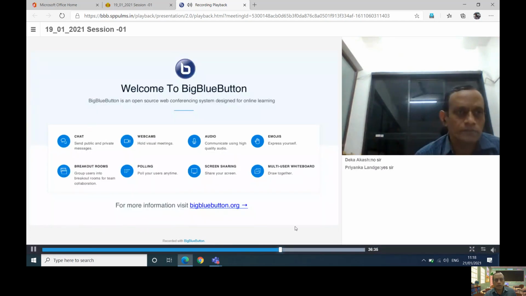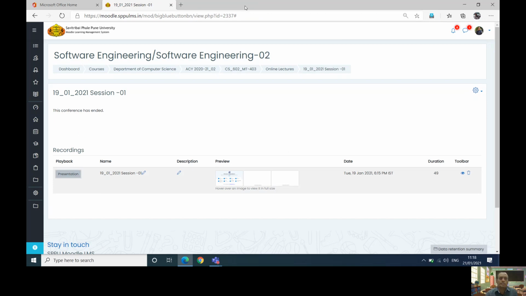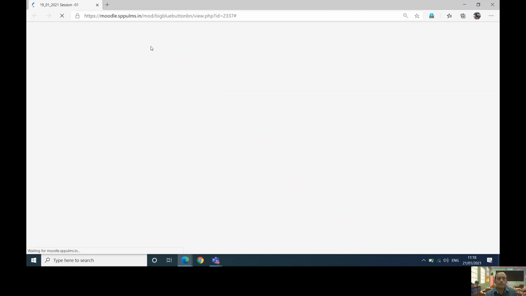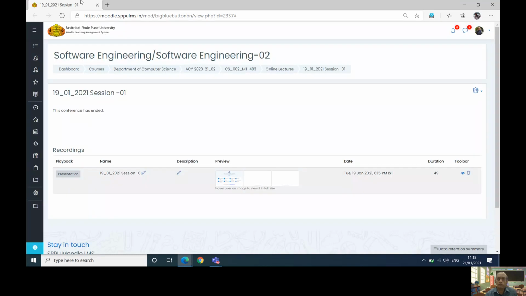Correct. So that's how we saw how the recording would be stored. Correct. So I can simply close this. And this recording, students will be able to see this video anytime. If you want to delete that, you can delete it anyway. Fine. If you say open link in your profile, this will be done. So this would be always available with you.